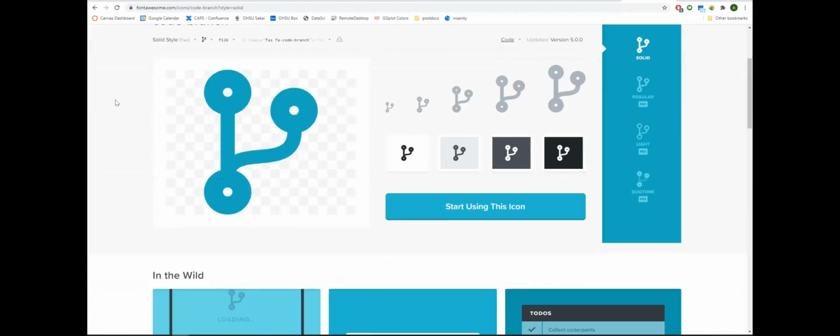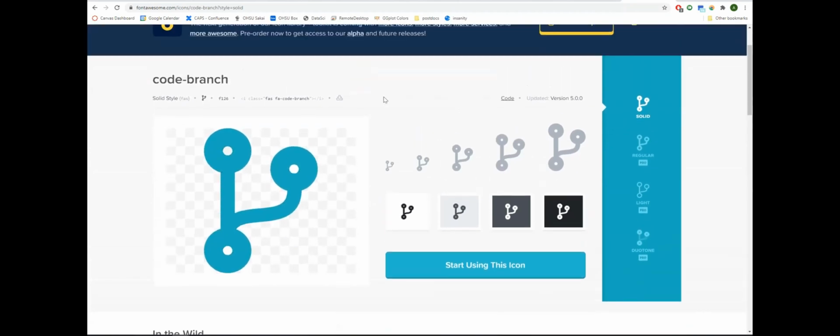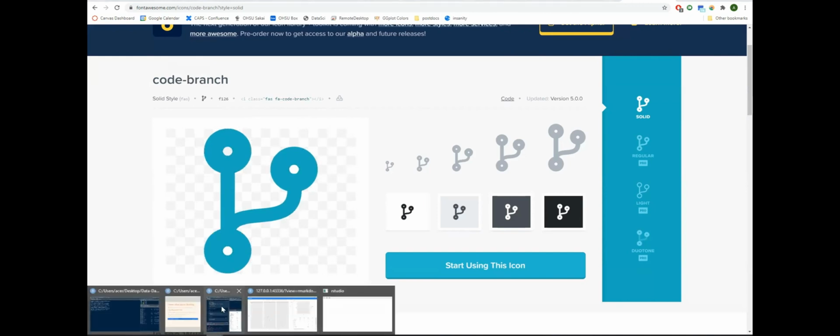And I want to use this icon as my little icon that shows up for the page name. So if I look here, I have some HTML code, and this basically tells you the name of the icon that you want. So it's essentially the name code-branch, and it has this prefix fa for Font Awesome. So all I need to do if I wanted to include this would be